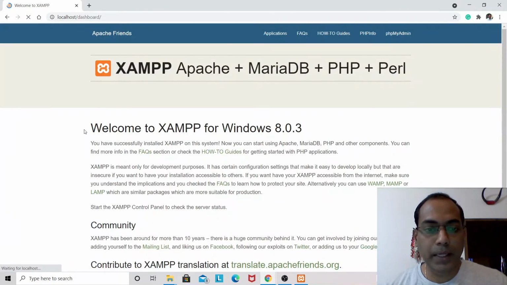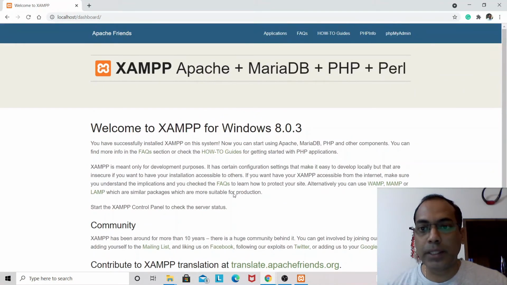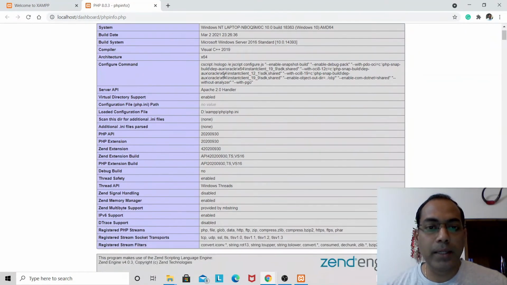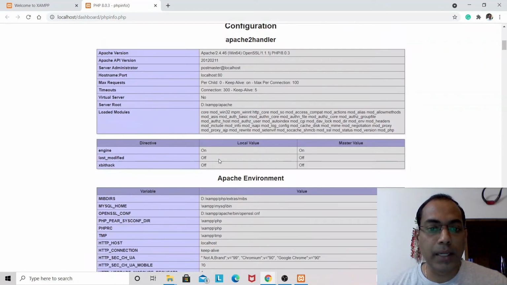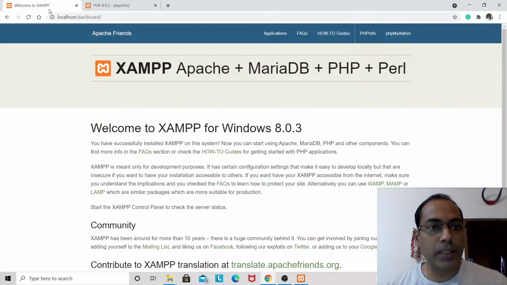If this page appears, then XAMPP has been successfully installed. Just click on PHP info. This also will show you all the PHP variables, which shows that PHP also has been successfully installed.